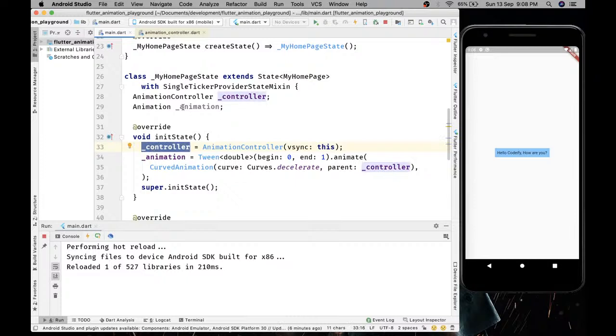If we forward this controller, it starts this animation, so this animation will trigger, and this animation will tween from the 0th position to 1. Okay, so this is the basic